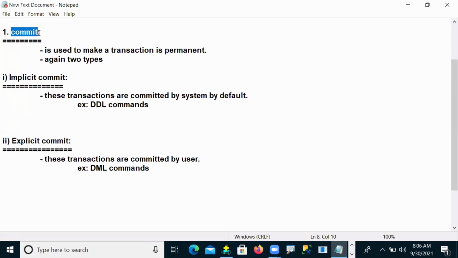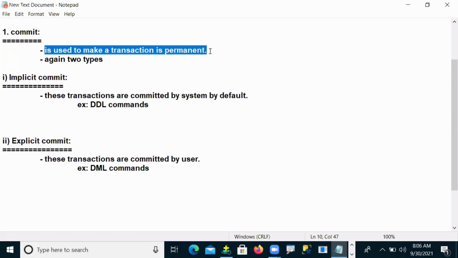The commit command. This command is used to make a transaction permanent. It is used by the user to make our transactions permanent. For that purpose, you have to use it. Point is clear now?